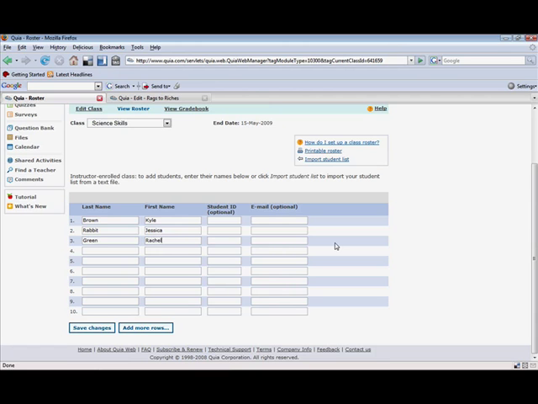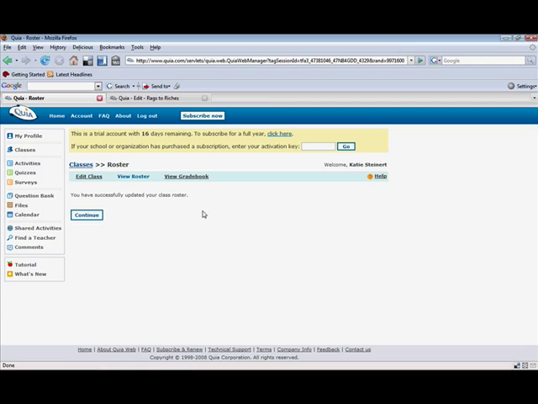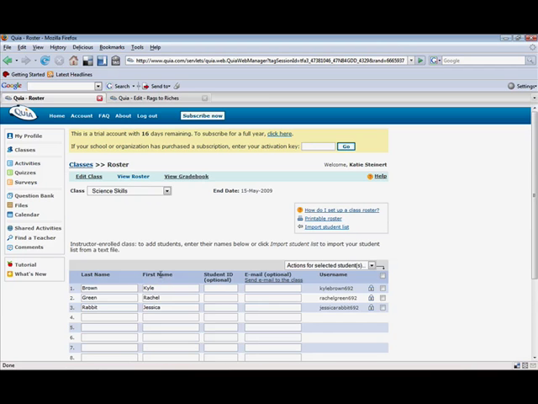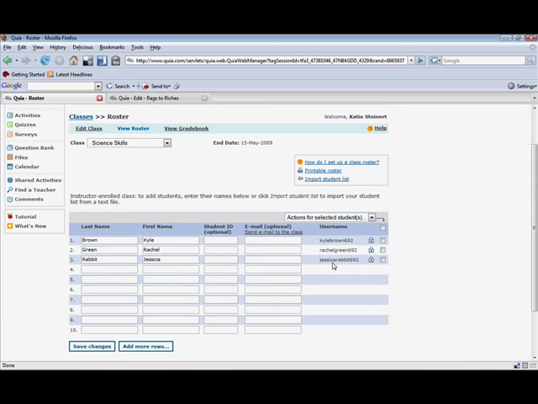And so forth. So you can do all kinds of things. Now let's just go. You can add more rows if you have more than 10 students, obviously. So let's just go ahead and save changes. And it says you have successfully updated your class roster. So now we'll hit continue, and it should bring up our roster again. There it is. Okay, and as you can see, it generated usernames for them that they will use for this